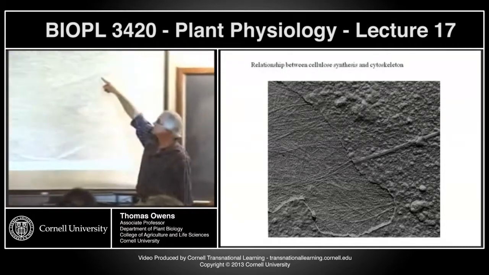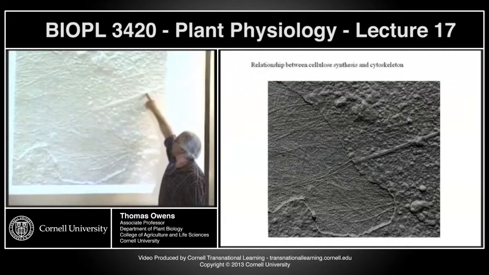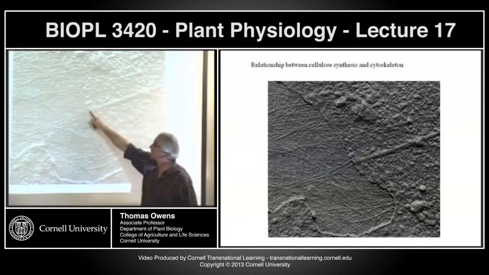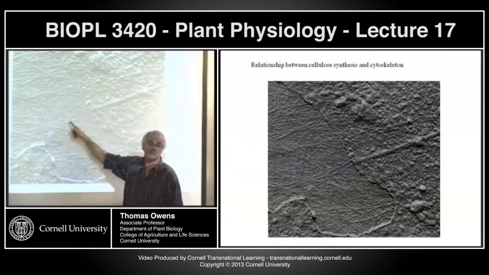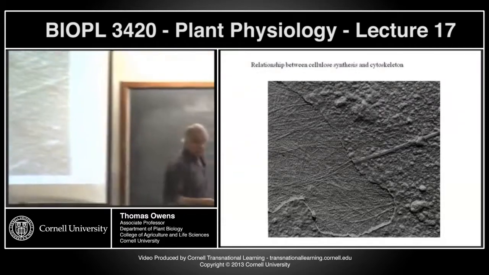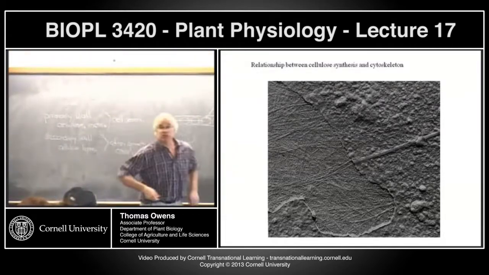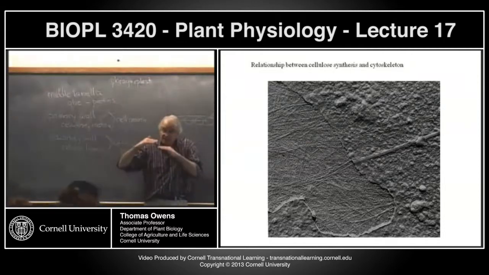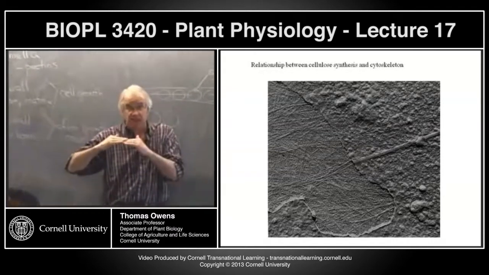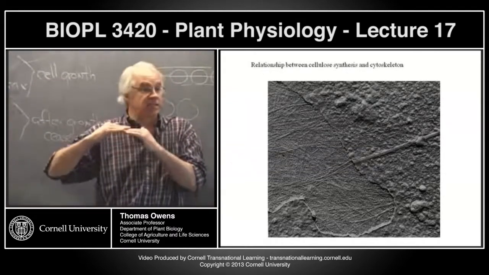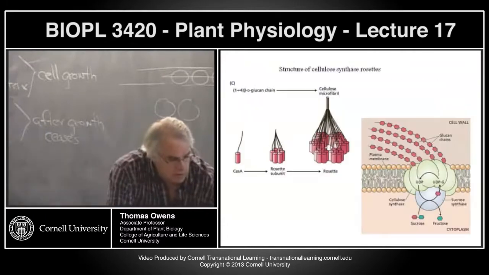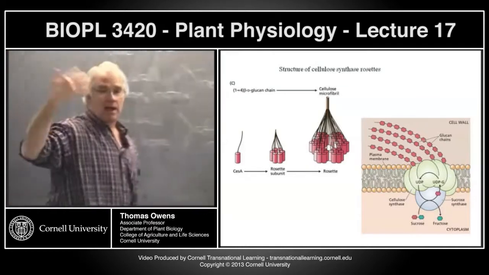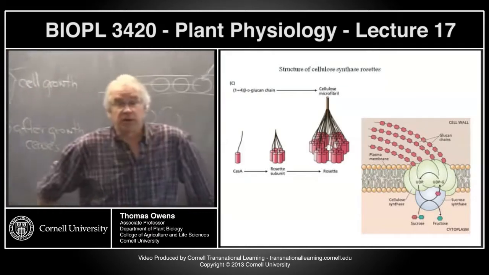And you'll notice that there is a correlation between the directionality of the microtubule inside the cell and the direction of the most recently laid down cellulose microfibrils in the cell wall. This was the first evidence that the microtubules that lie just underneath the plasma membrane on the cytoplasmic side are acting as guides for these rosettes to move along,